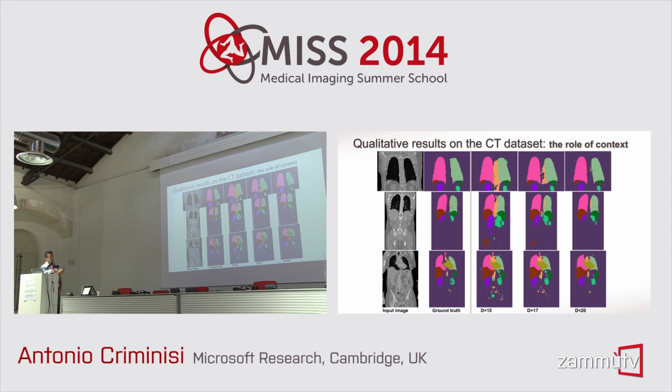Now, in these images, these are the ground truth segmentations. Because our system is using semantic context, I was really curious to see what it would do with things like the aorta, which normally sits, in healthy individuals, in between the lungs. Now, in this case, you see that at depth 15, despite the fact that the aorta was not there, because we have big lungs, the system says, oh, this is all orange. I'm hallucinating the aorta there, and this is a mistake. The system at this depth is relying way too much on semantic context.